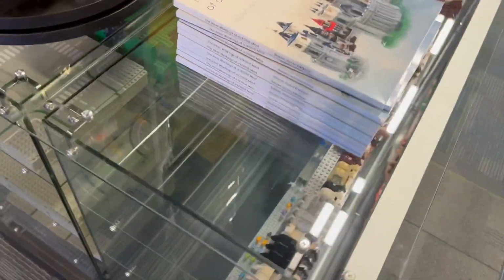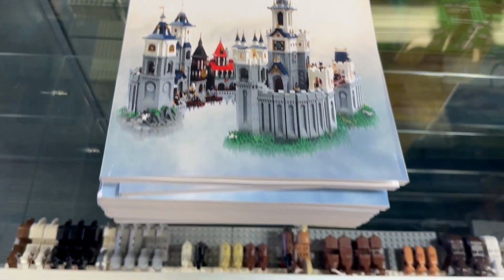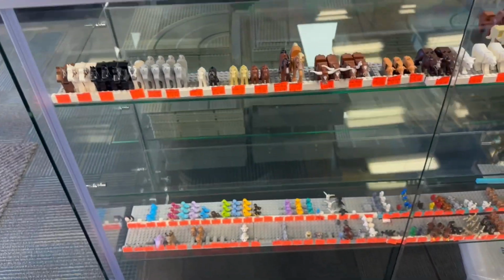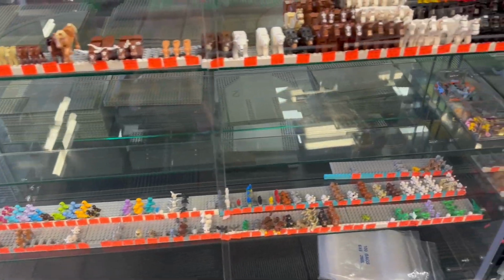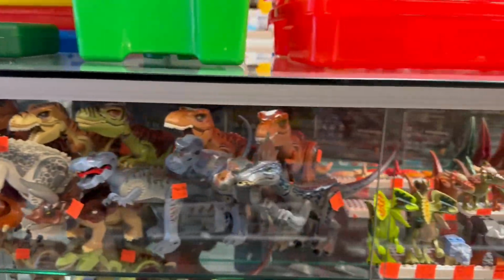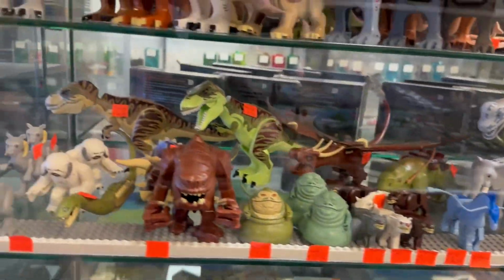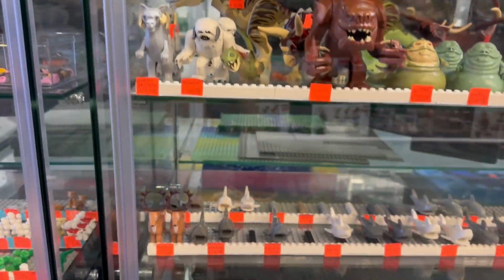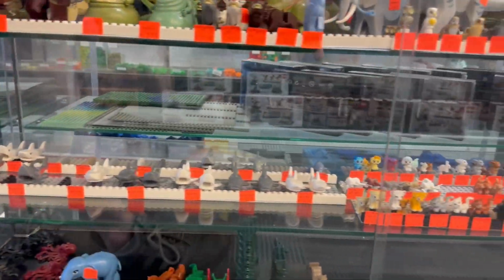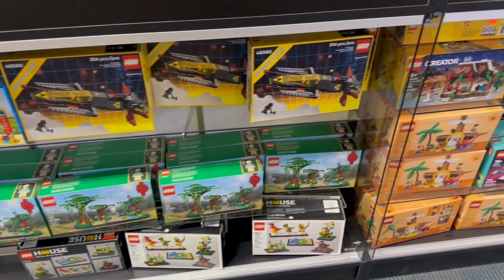My suitcases were packed. Oh, and there's Steven's book. Steven Erickson, he wrote a book. Definitely meant to buy one at Atlanta. I don't know if they had any in stock, but I meant to buy some at Atlanta just so I could have Steven sign it. But I didn't, so hopefully one of these days maybe I'll just buy one before I go down there and have him sign it when I get down there. But